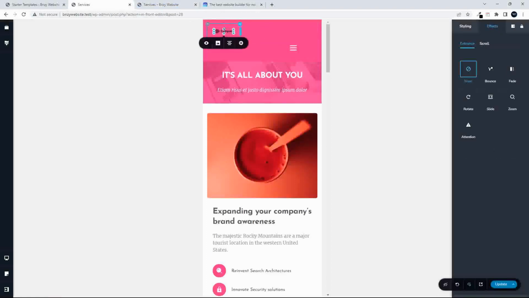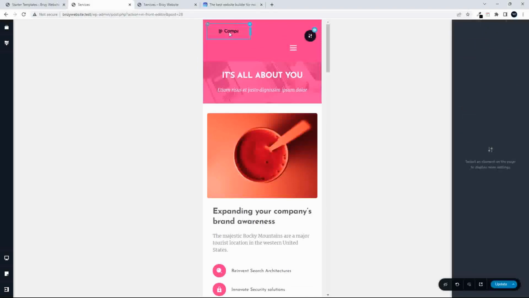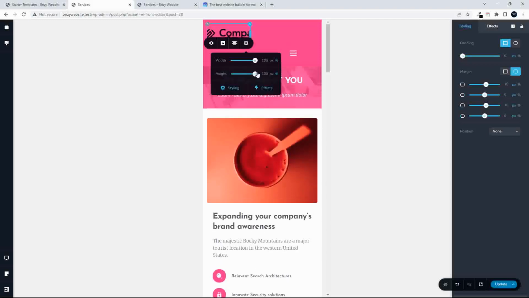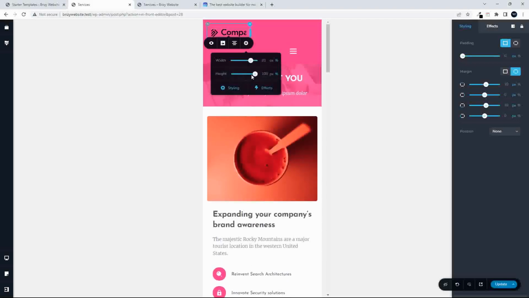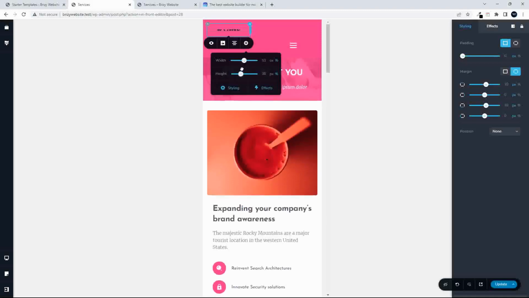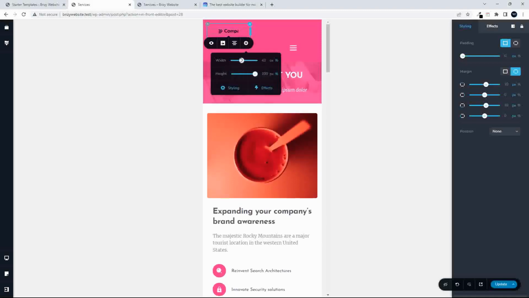You'll see the logo looks a bit small, so what we'll do is we'll adjust the size. If you want to hide an element, you can do that just by clicking on the eye. Then whatever view you're in, it'll be hidden in that view only. Here we are adjusting the size of the logo, and you'll see that by adjusting the size of the logo, we've also moved the navigation down one row. So we'd like to get the logo as big as possible, and then we'd also like to get the navigation back on the page. So we're just moving the spacing around so that we can get everything working together